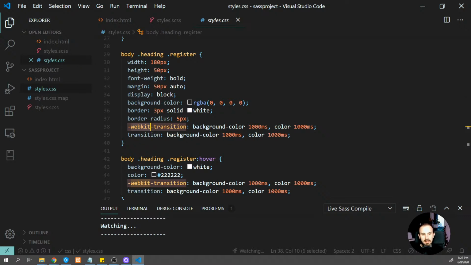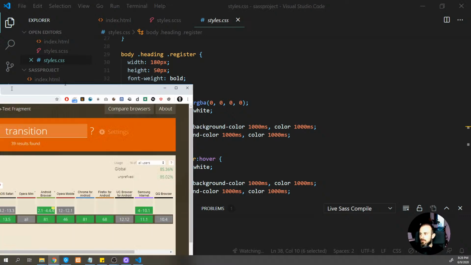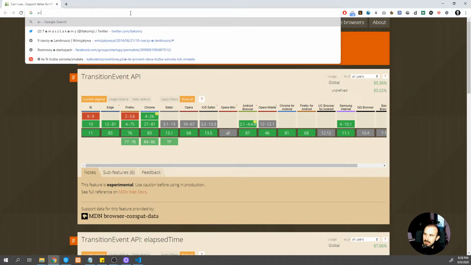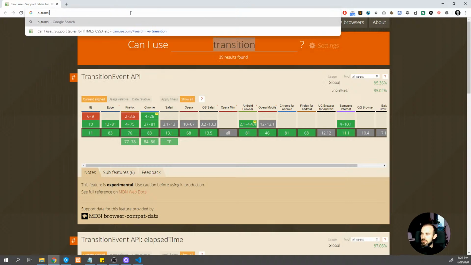Now, luckily, currently transition is accepted by most of the browsers, and it covers like 85% of currently used browsers. So here you can see that 85% of users can support this one, so we don't have to use it anymore. But historically, you had this transition,